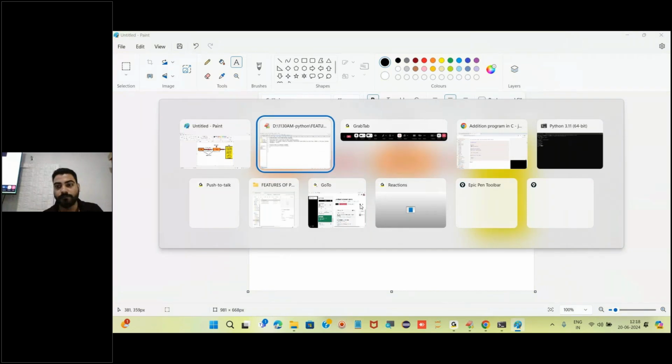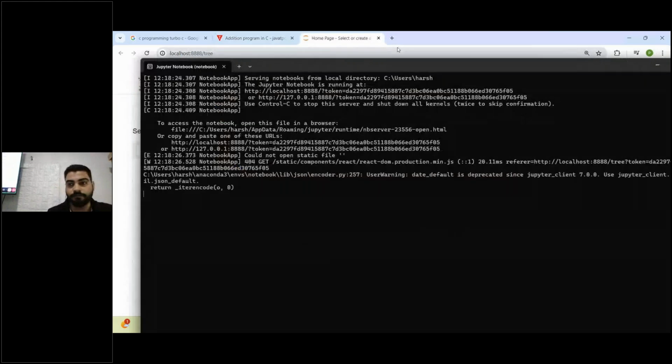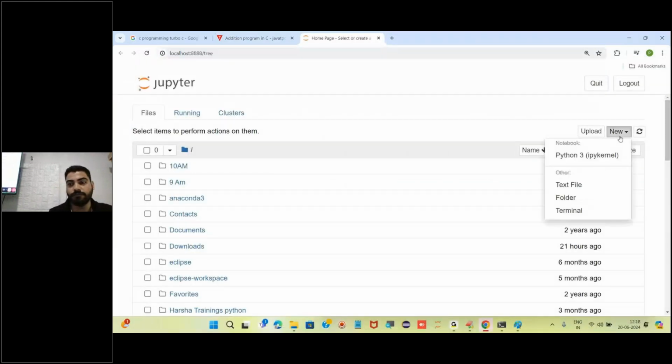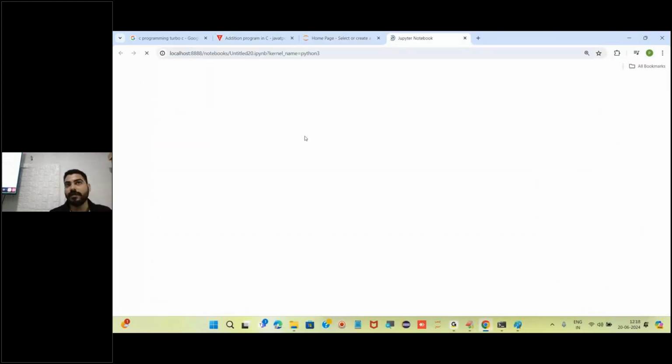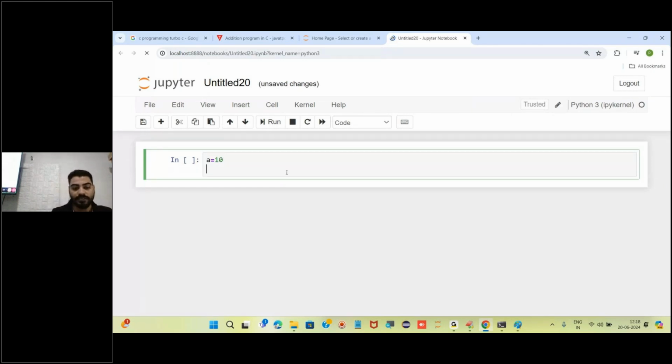Let's open it first. A simple example I will give you. Let's suppose this is a Python program that says a equals 10, b equals, here I am taking a string.